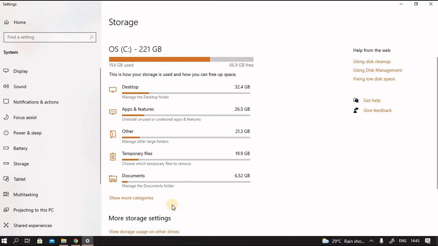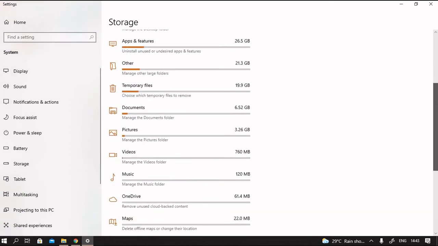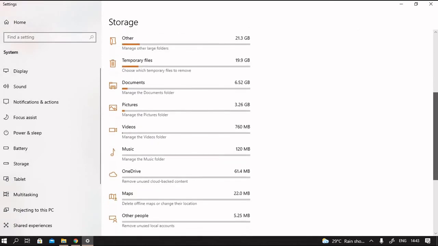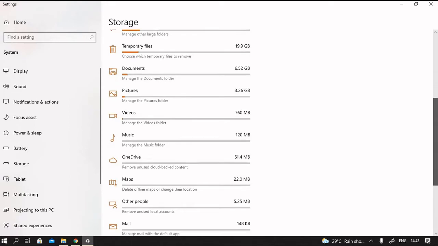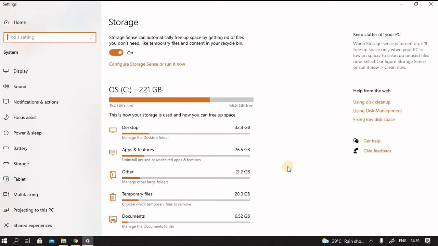You can get more categorization by clicking on the label Show More Categories. It will list the space used for pictures, videos, music, OneDrive, maps, other people, mail, etc. Let us first see the files on the desktop.